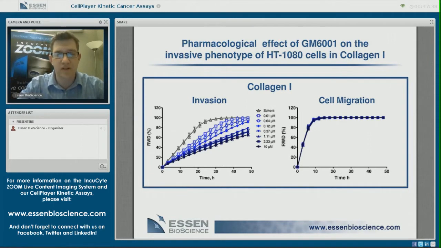The y-axis in each one of these graphs is the relative wound density. The x-axis is time. And as you can see, in an invasion approach, GM6001, the broad MMP inhibitor, can prevent or inhibit the movement of HT1080 cells into the wound region in a concentration-dependent manner, whereas there is no effect on cell migration. These assays, the migration assay, cytotoxicity, and apoptosis assay, will be discussed in more detail in future